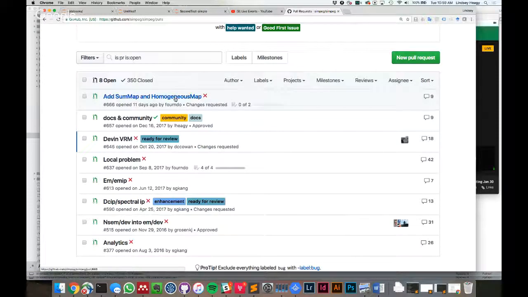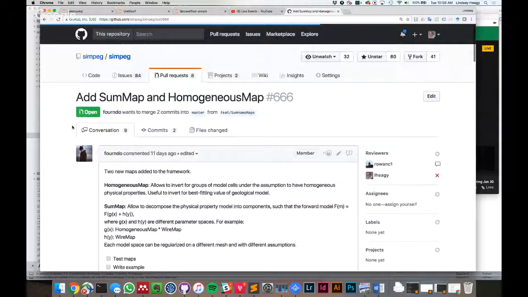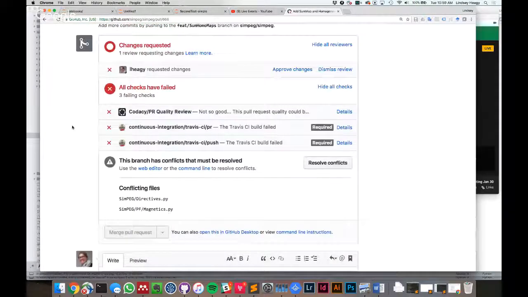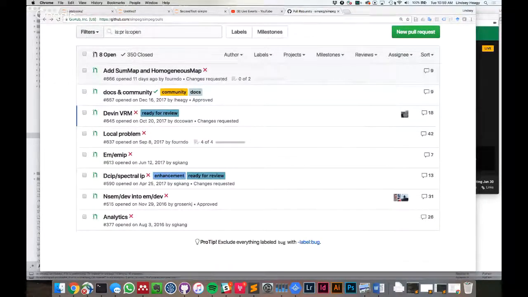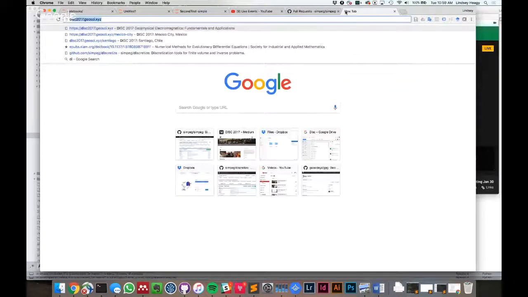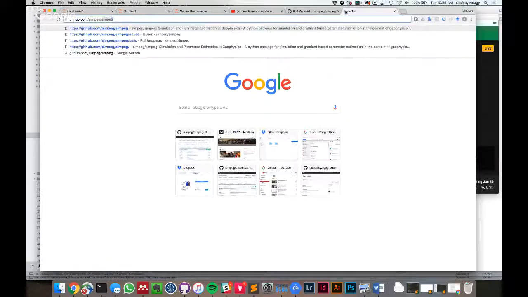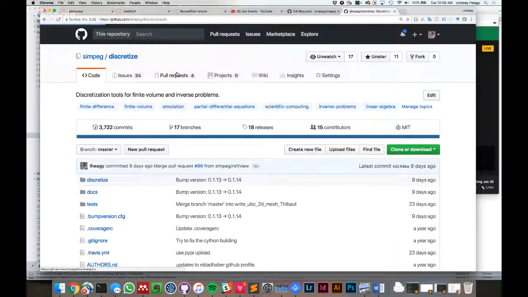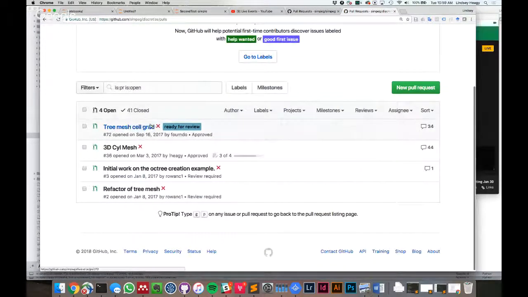And then Dom, is this still in progress? Yeah. What's crashing on them? It's probably just the coverage. I think so. Cool. And then on discretize, is this one ready to go? I added